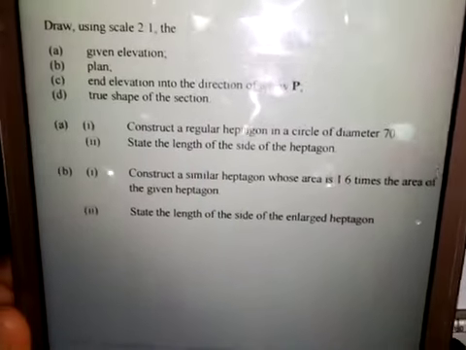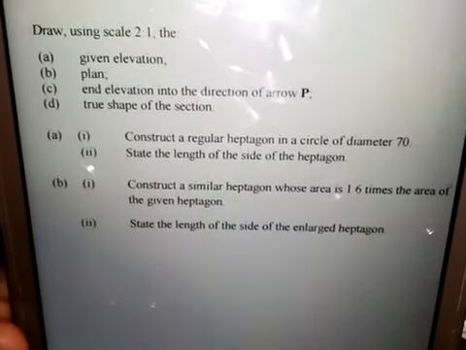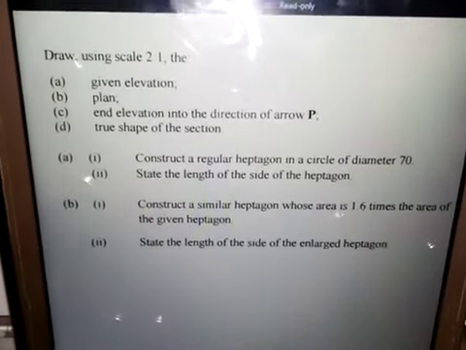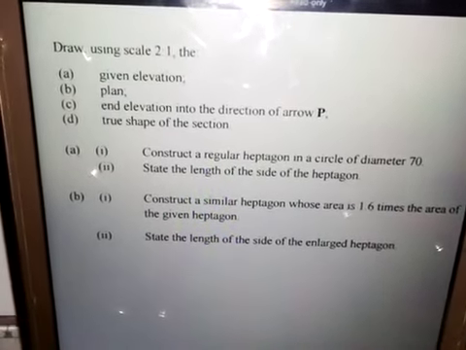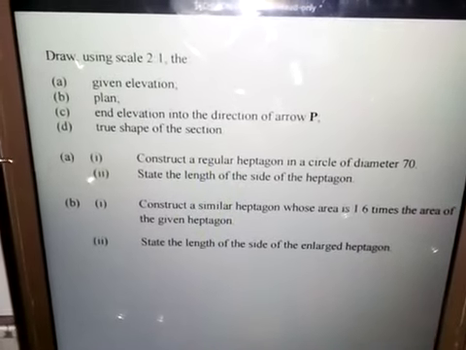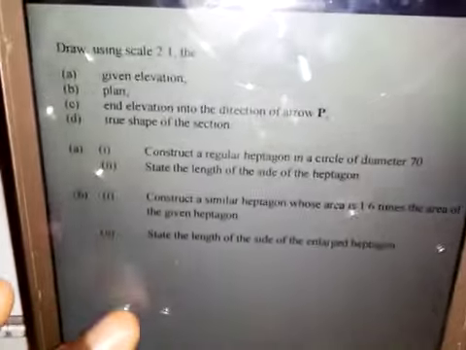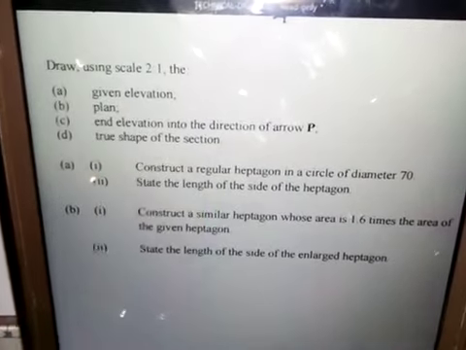Hello, welcome back to my channel, and here we'll be solving this question that says that we should construct a regular heptagon in a circle of diameter 70. That is question A, Roman figure 1. And we are asked to state, Roman figure 2 says that we should state the length of the side of